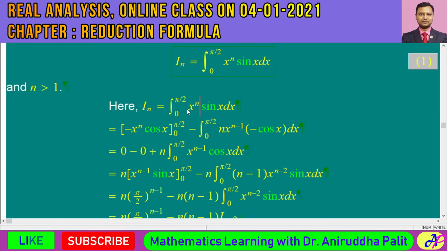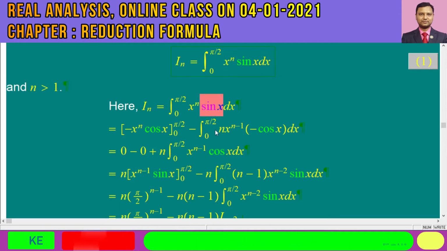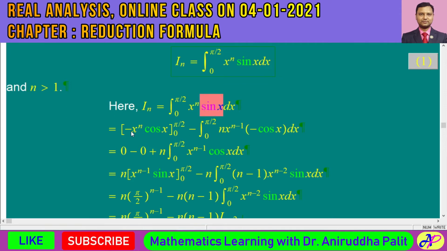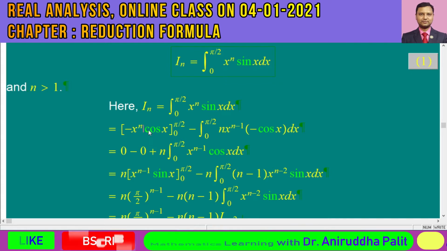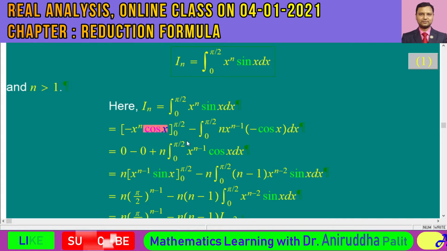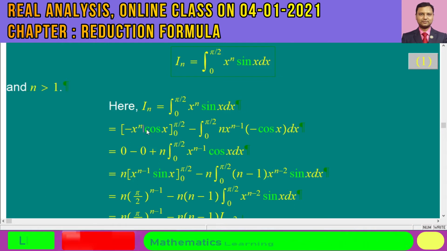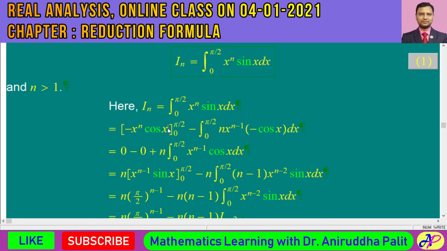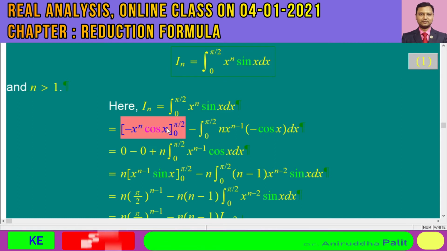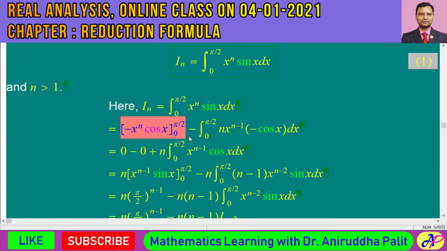So in this first term, we shall have x to the power of n. This is the first function, x to the power of n. And when sin x, the second function, is integrated, we will have minus cos x. Whenever sin x is integrated, we will have minus of cos x. So that would be the first term with lower limit 0 and upper limit pi by 2,